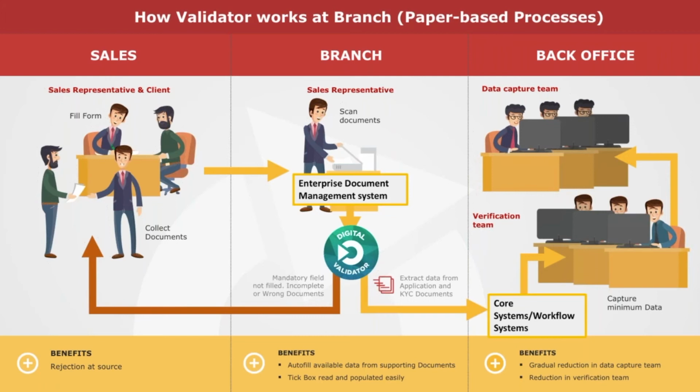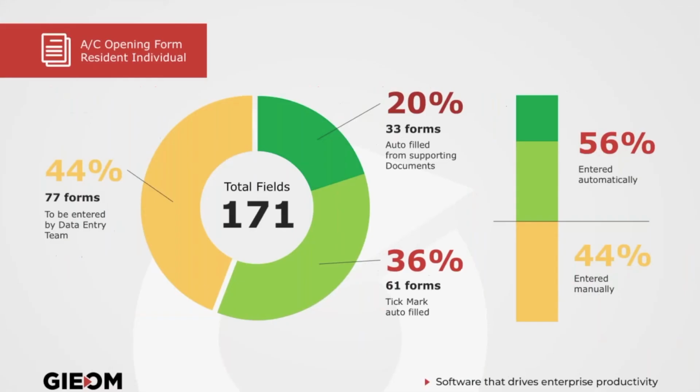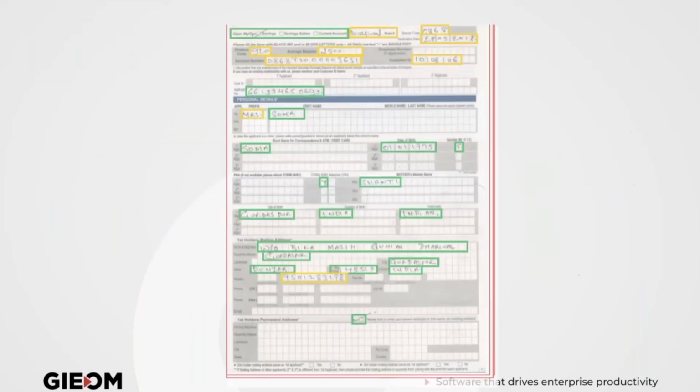Likewise, we take copies of the passport and the supporting documents, whatever is needed, and it again checks the same thing: is it the right document or not? If it is the right document, it does the OCR on it and pre-populates the data over there. Now, what does our study say? We have figured out, looking at quite a number of banks, that 20% of a typical account opening form can be filled by the data you have in your supporting documents. My name, my address, my date of birth, maybe one or two more data points, I'll get from my supporting documents.